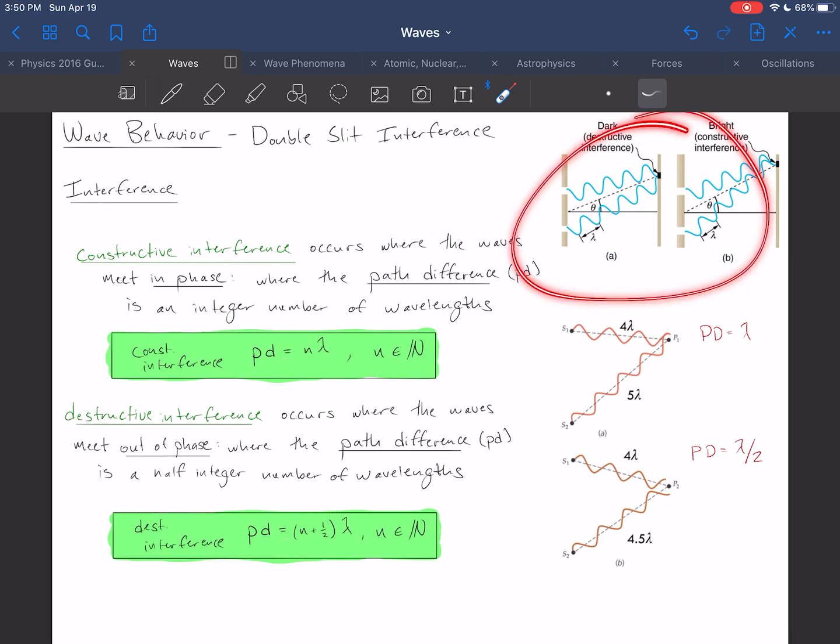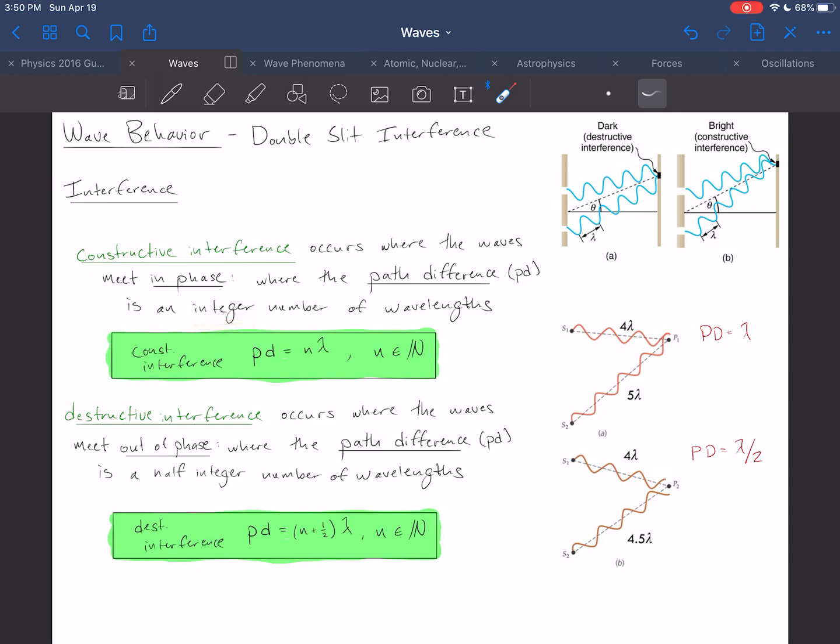So in our diagram from before, the path difference comparing the light coming from the top slit to the light coming from the bottom slit is the extra distance the light from the bottom slit has to go. That's why there's a path difference. It's the difference in the length of the path that matters. And we get constructive interference where the waves meet in phase, and therefore where the path difference is an integer